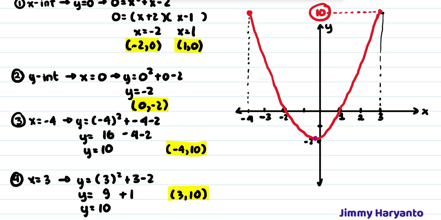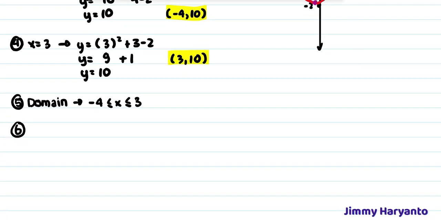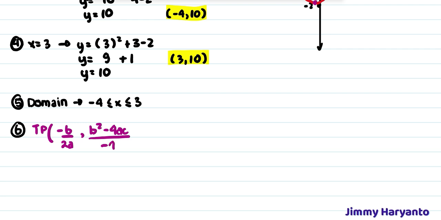That means we have to calculate the lowest point first. To calculate the lowest point, you have to use the formula of the turning point. The formula of the turning point of quadratics is negative b over 2a, comma b squared minus 4ac over negative 4a. You can use completing the square also to find the